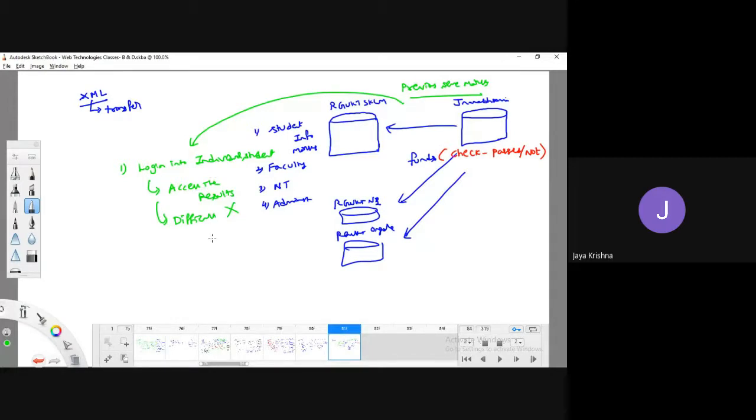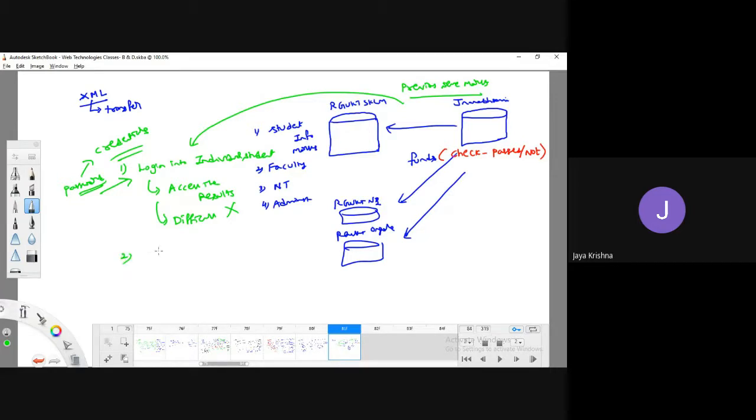But logging in for so many students and so many institutes will be very difficult. They also need one more thing, every individual student's password. If they know every individual student's password, our credentials are lost. So that is the problem with this process.